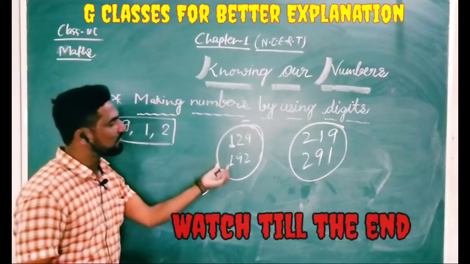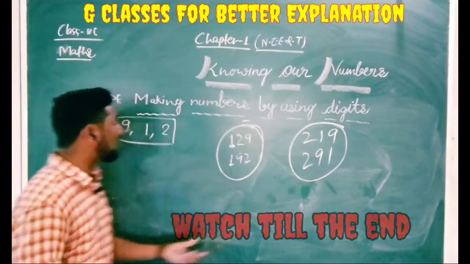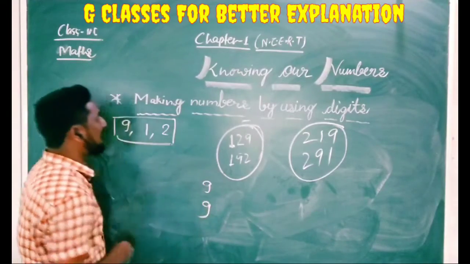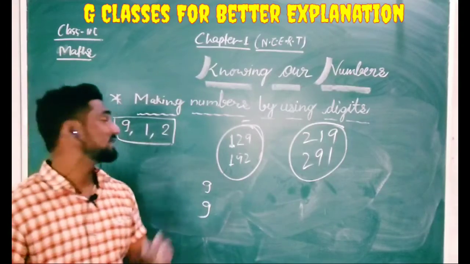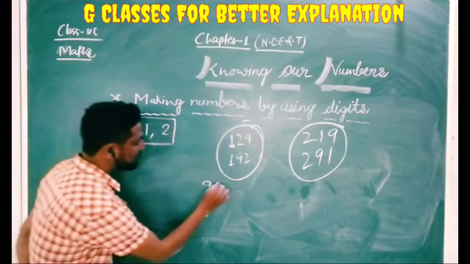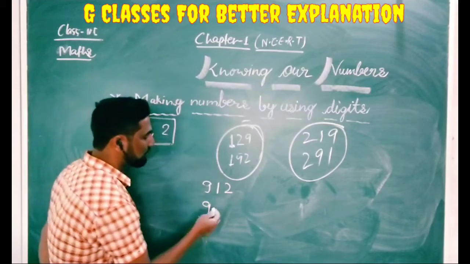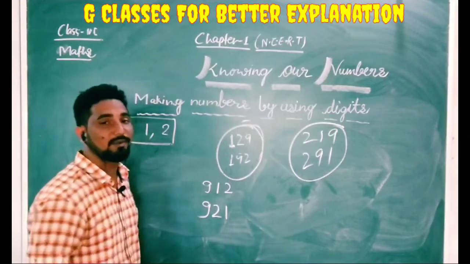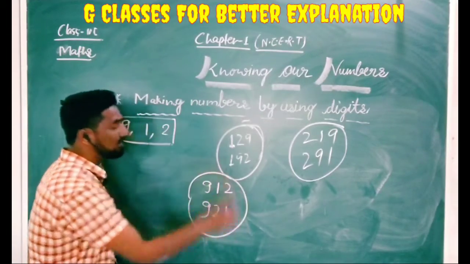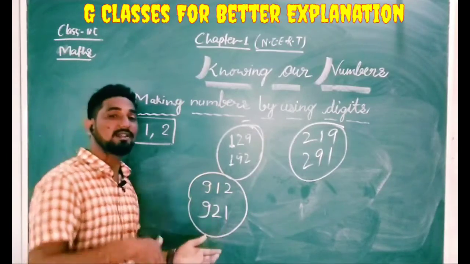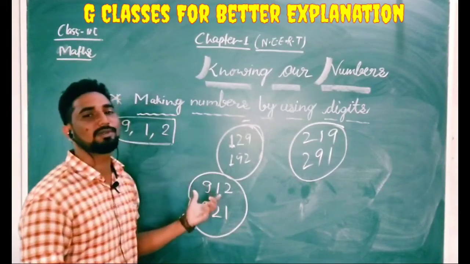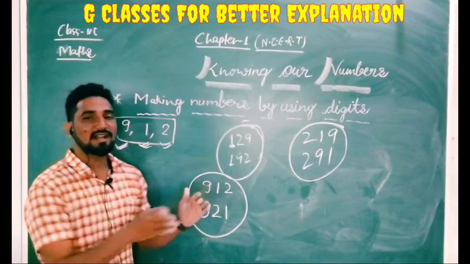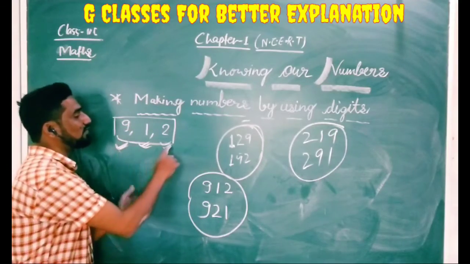Yes. Now you see, I kept 1 constant here and 2 constant here. One more digit is left, that is 9. So I will keep 9 as a constant, and then after 9, what are the left digits? That is 1 and 2. So I will write 1 and then 2. Sir, you could have written 2 here. Yes, I could have written 2 here and 1 later on. So now again 2 numbers are formed. They are different, but the digits used to make these numbers are all the same, 9, 1 and 2. So these are the 6 numbers which I have made using all these 3 digits.